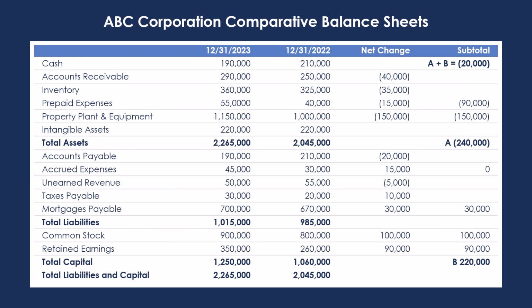In this slide, we see comparative balance sheets. They show working capital assets increased by $90,000. Equipment, use of cash, $150,000. For a subtotal use of funds, A, $240,000. Working capital liabilities, no net change. Long-term debt, a source of $30,000. Equity up with stock sale of $100,000. And equity down by dividends of $95,000.